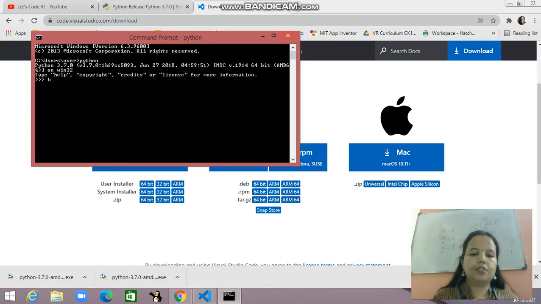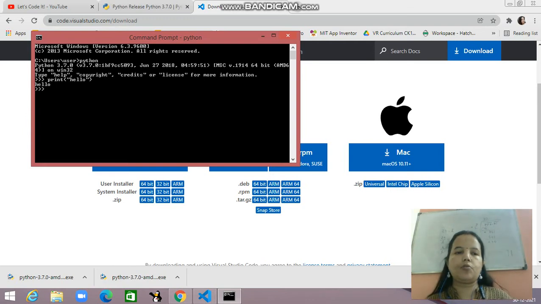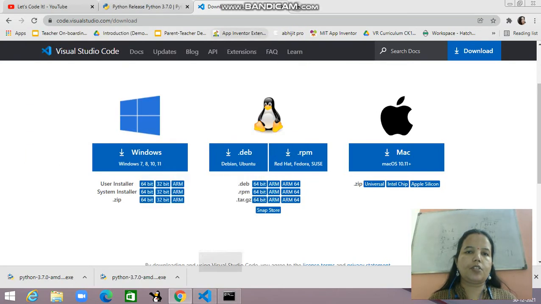After that, you write print, in the small brackets, hello. You can see it is working. That means Python is fully downloaded. So your Python is downloaded here. Now Visual Studio is also downloaded.